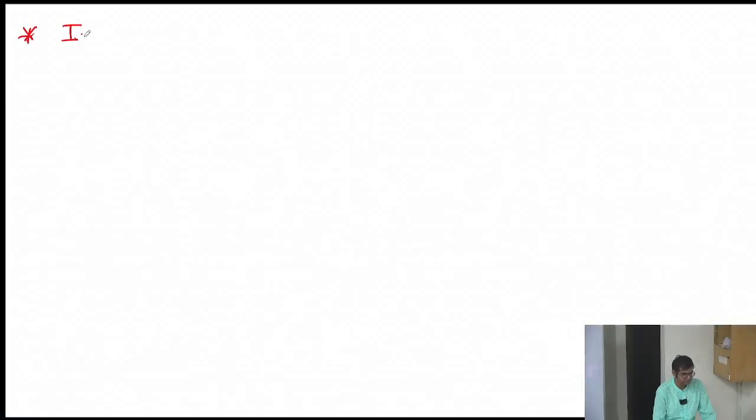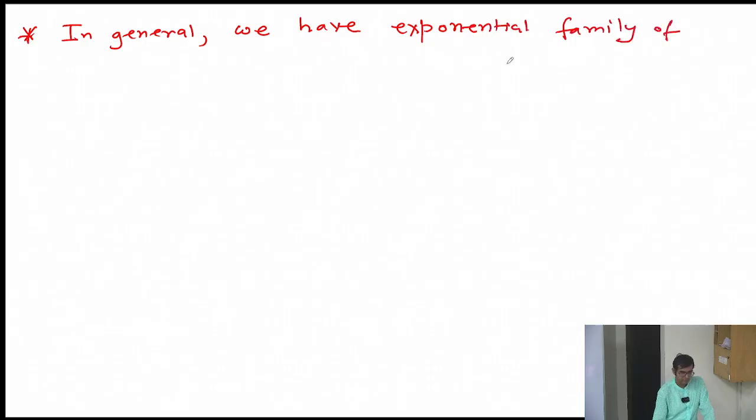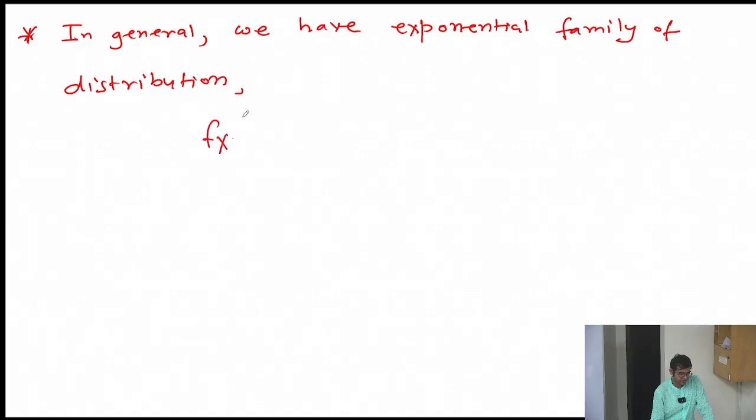So in general, we have the exponential family of distributions, and how does it look? So f of x, parameterized by theta. The exponential family takes the following form: